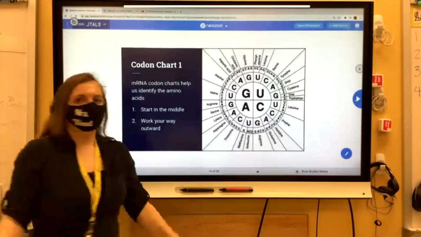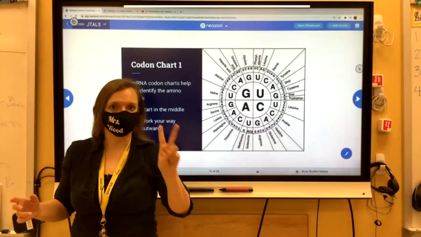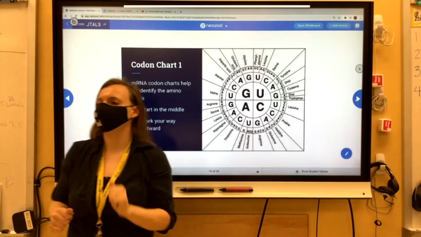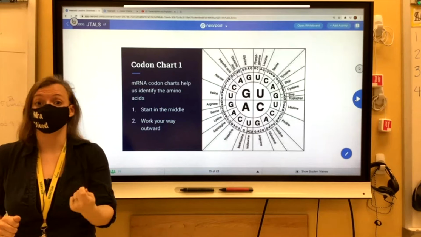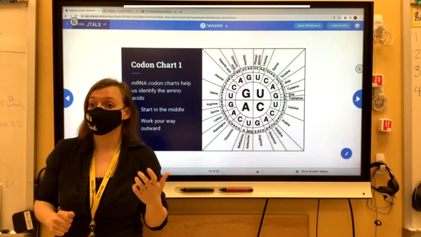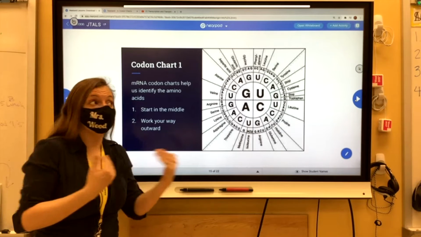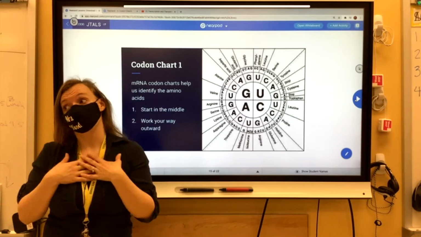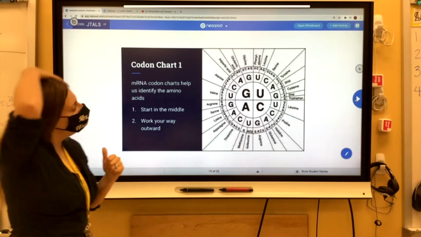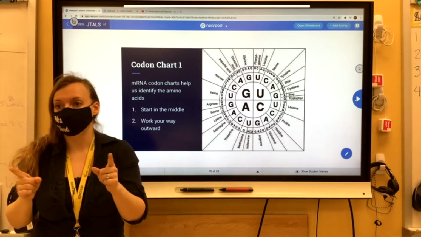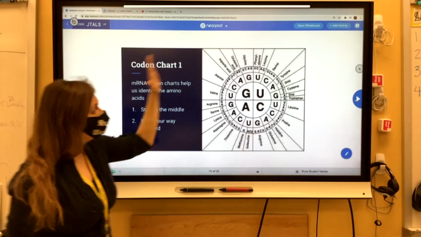So here comes our first codon chart. We'll have 2 codon charts for you to look at and for you to use. You need to be comfortable with both of them. That's why I'm teaching them both to you. You might favor one over the other. I do. I like this one a lot. But we're going to teach you how to use both of them. So this chart, how it works,